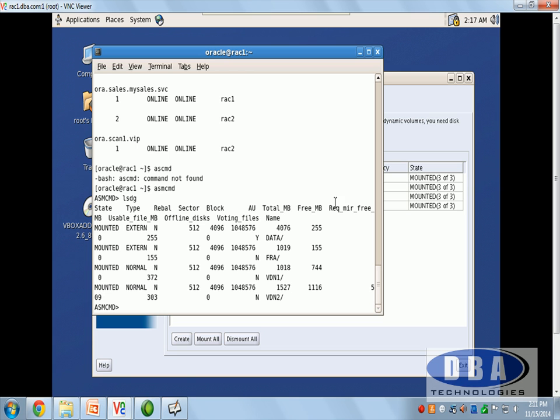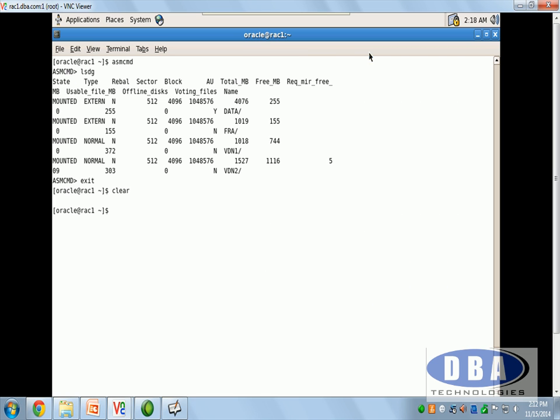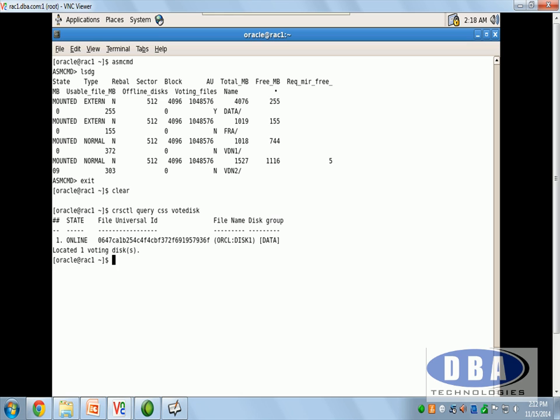So we have VDN1 normal and VDN2, both are there. Let's clear the screen and make it bigger. As we have seen already, crsctl query css votedisk.